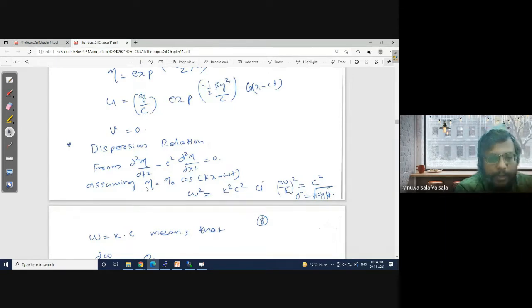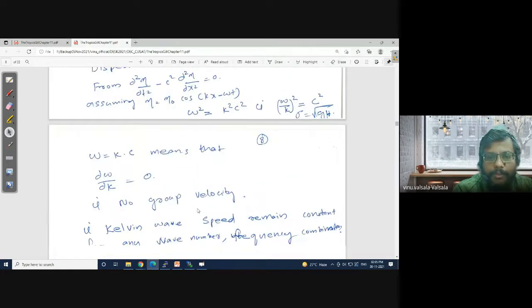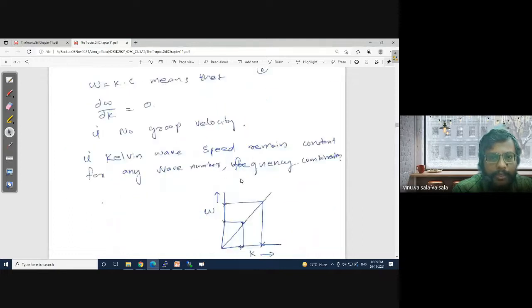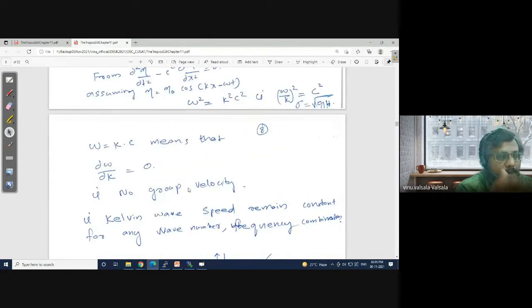Later we came to know that the Kelvin wave will not disperse, so its speed is independent of wave number and frequency. A particular wave number and frequency combination will bear a constant speed. And yesterday I mentioned there is no group speed, that group speed is zero, but actually it's not zero. The group speed is equal to the phase velocity, because a group of waves starting at the same time travel together and don't disperse. That means the group as such has a speed, equal to the phase speed itself. It's written as no group velocity, but that doesn't mean zero group velocity. The group velocity is equal to the phase velocity. Yesterday Amol asked me to correct it in the description, so I am mentioning it in the beginning.